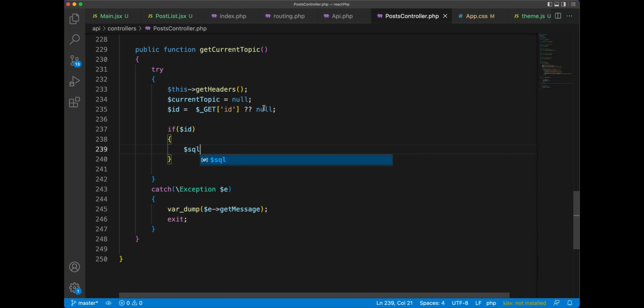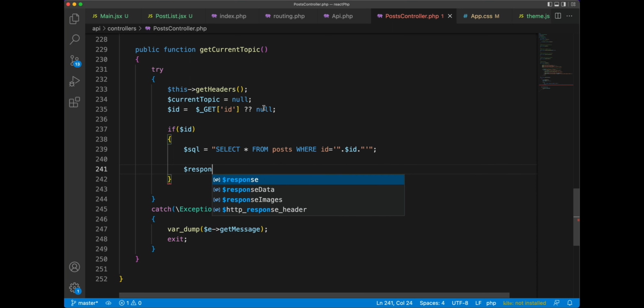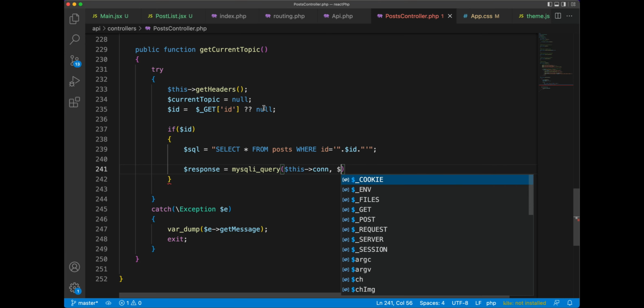So here we say $sql is equal to select all from posts where id equals, and simply pass the id, $id. Then here $response, mysqli